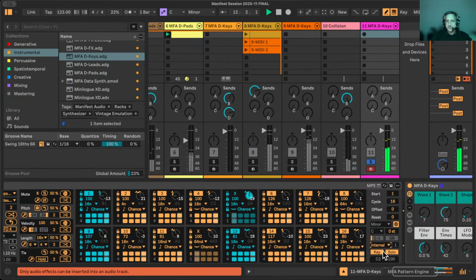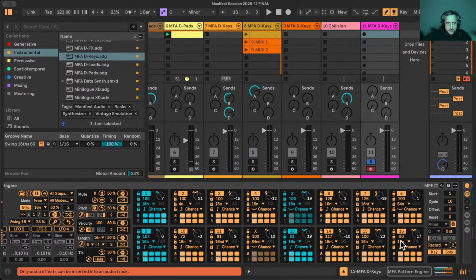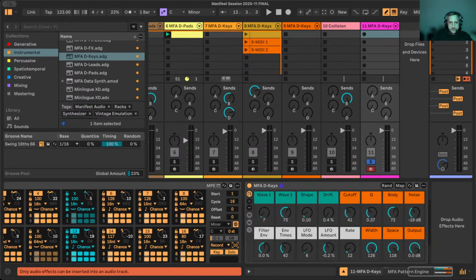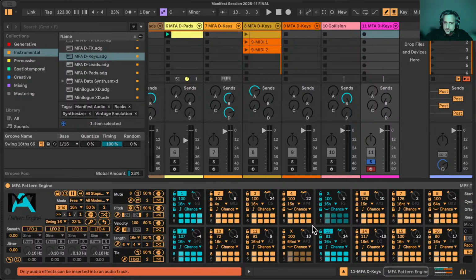So previously it was just those two modes, but now we've got the step record mode, and it shows which step will be recorded. So now, as I press a note here on my keyboard, boom, step 1 changes and it advances to step 2, enter a new note. So you now have manual sequence entry via MIDI note keyboard. You can't really hear what I'm doing in real time, but there it is. And you can also advance numerically to a different step and just enter that one. Now step 13 has been entered. And then let's go back down here to step 9 and enter step 9. So that's the fun new feature with Pattern Engine, is manual